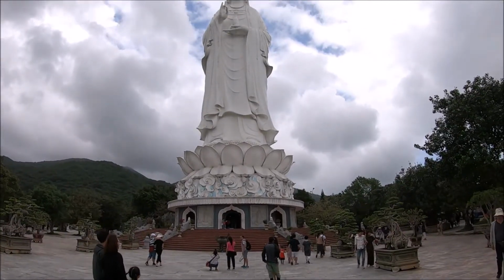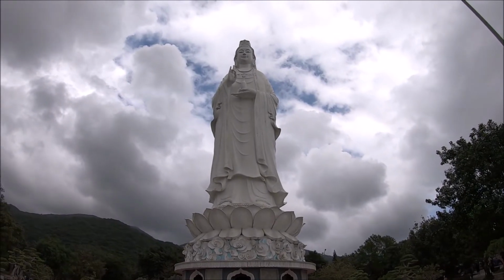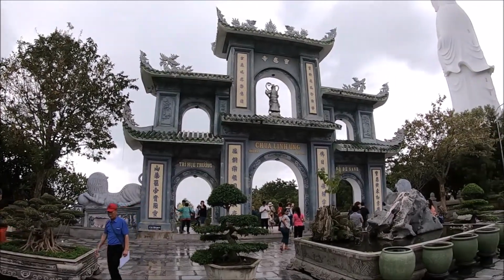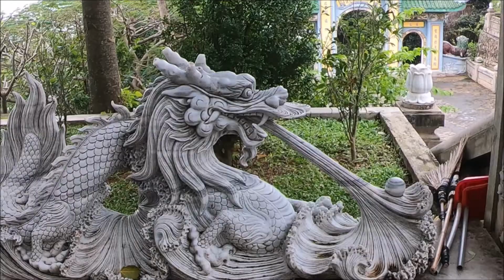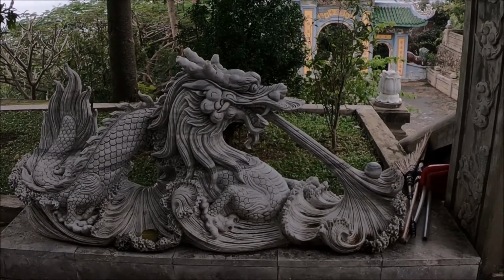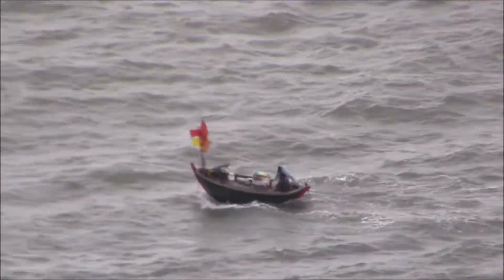This is the Lady Buddha, also known as the Linh Ung Bai But Pagoda in Danang, Vietnam travel guide. Located in Danang along one of the most beautiful coasts in Vietnam is the Lady Buddha on the Linh Ung Temple complex. The Lady Buddha is the goddess of mercy for fishermen. In this video, we'll provide information on directions and tips and information from our own experience to the Lady Buddha